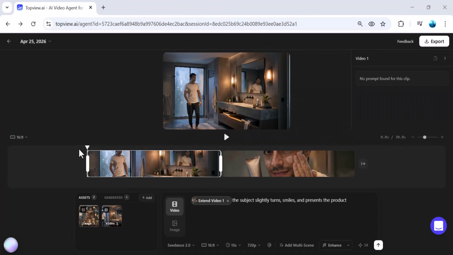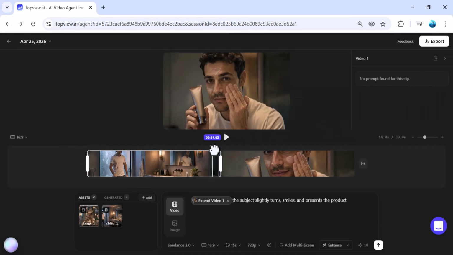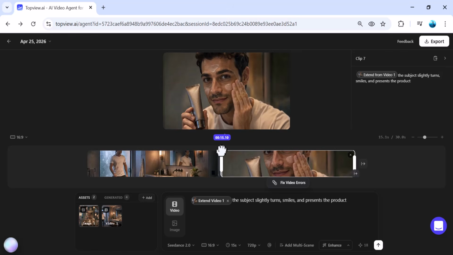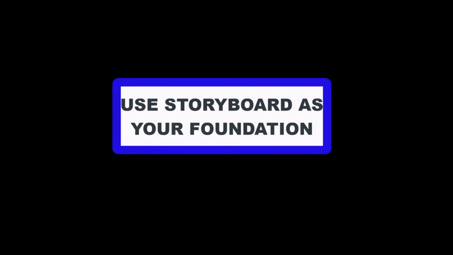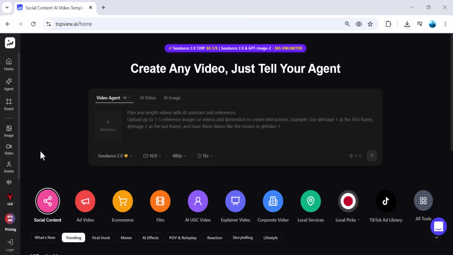Honest thoughts plus tips. My honest take, this workflow actually makes a big difference. But here are some quick tips. Always start with a clear visual idea, keep your prompts simple and focused, and use storyboard as your foundation, not optional. So yeah, that's how you can create full AI videos, using a smarter, more efficient workflow from idea to